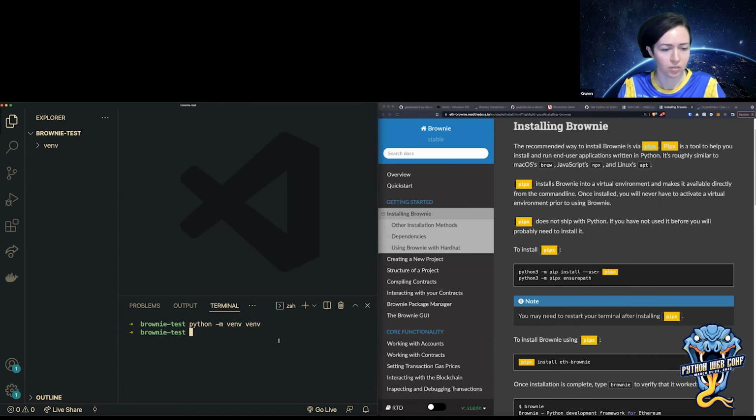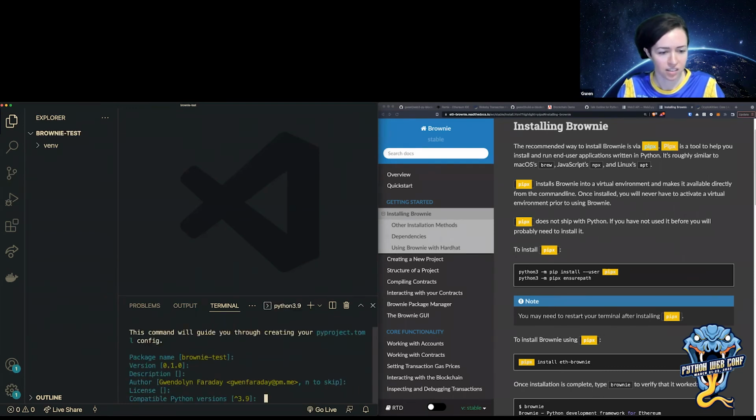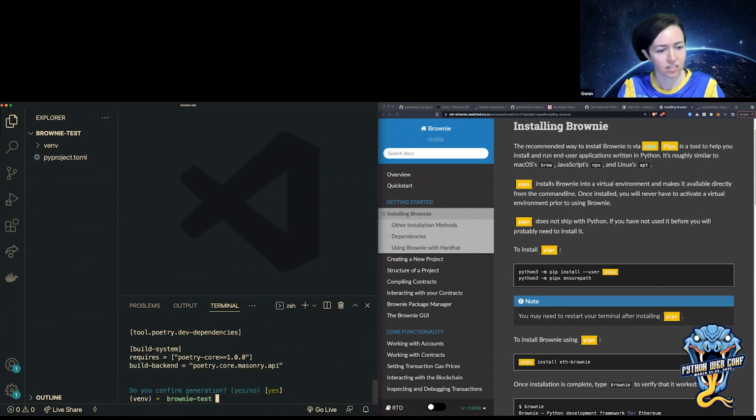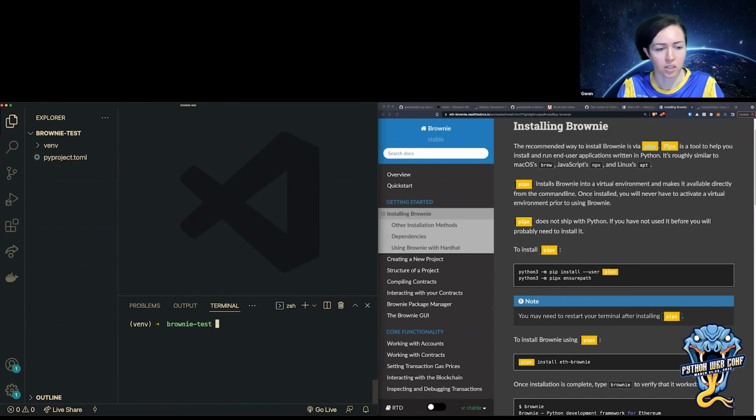So I created a virtual environment. I'm going to go into my virtual environment and I'm going to install Brownie. First, I'm just so used to using poetry that I'm going to do poetry init and create a pyproject.toml file.